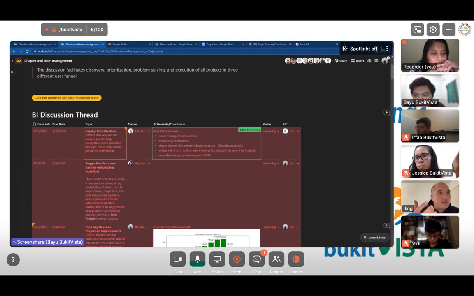This is mostly for detection, right? We're using Chandra's account to detect where the inquiry is and what to prioritize. So at worst, you just go back to the profile that the inquiry came from and you answer it from there as the workflow. So Chandra just becomes the radar account where you can see, oh, okay, here's something urgent, I need to go over to this profile and fix it.